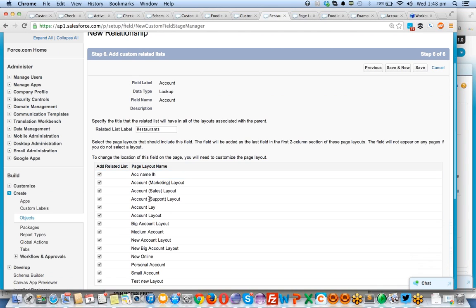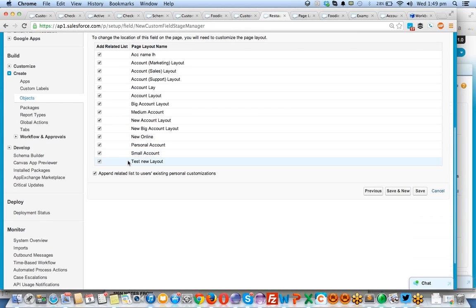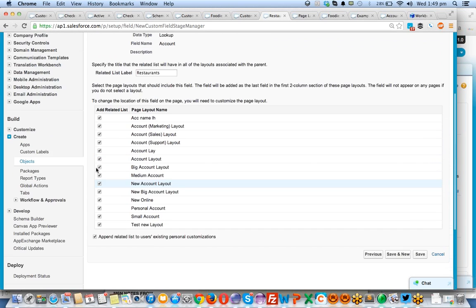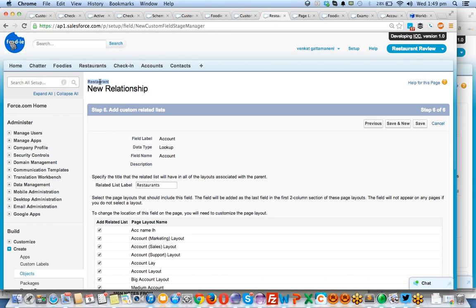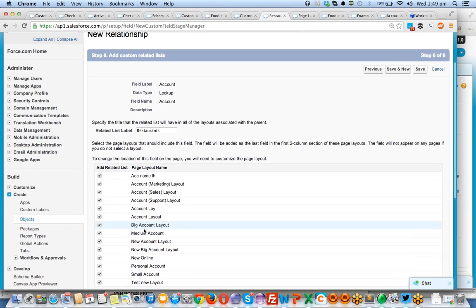And these are all page layouts of the account object. Means when I'm creating a child object, generally it will ask only one option, but the account has a number of page layouts like this. It has more than 12 page layouts. It's asking whether I need to add the restaurant object as the related list item of these page layouts or not. I have shown you, if you get multiple page layouts for an object, each and every page layout will have a related list item, right?